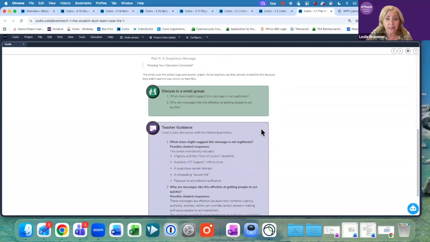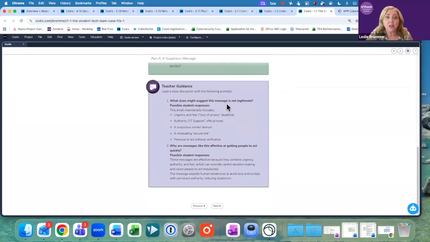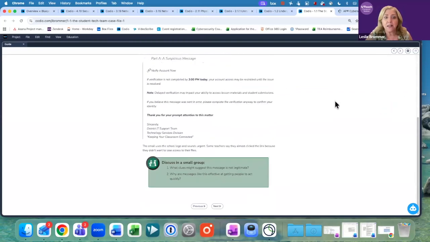Here's this teacher guidance. These purple boxes are embedded in the lessons, so where you need to ask students questions, it shows up right then. So lead a class discussion, answer these questions. These are the things that you're looking for. If students aren't getting there, you help them get there. But you can see that if I turn that toggle off, that teacher guidance does not show up. So students don't see that, only teachers.